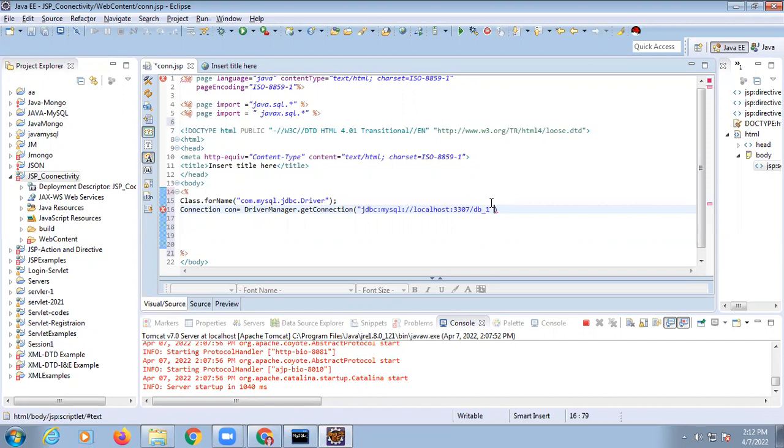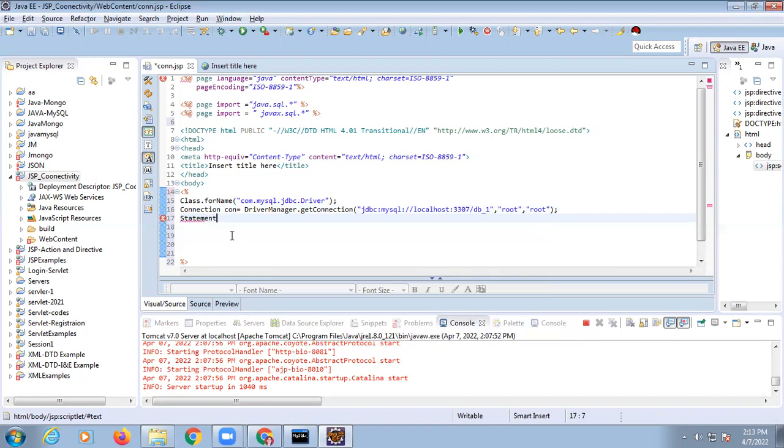So in the first part we are giving the database name, comma. Now in a second double quote we are giving the username. By default for MySQL the username is root, and then the password. If you don't have a password, just give a double quote without anything and then a semicolon. But in my case for MySQL, the password is again root, so I am using this line. And after that, the next code is